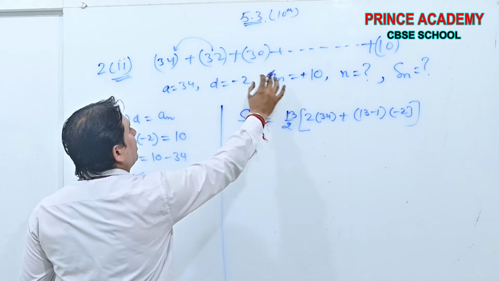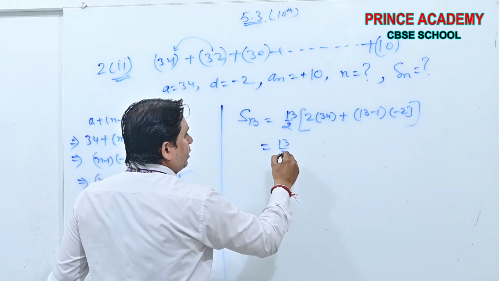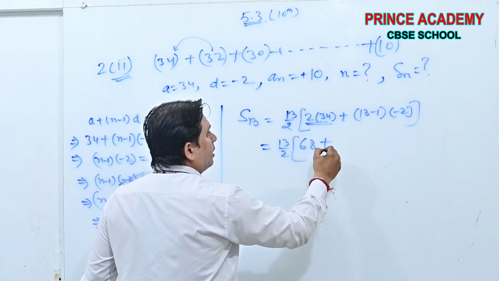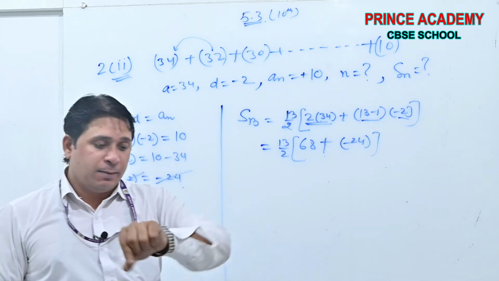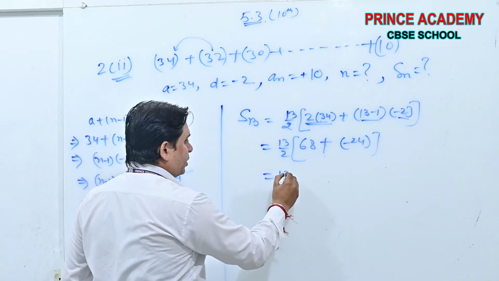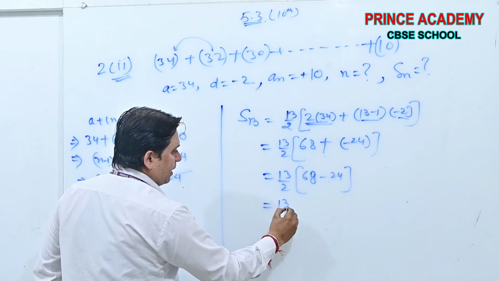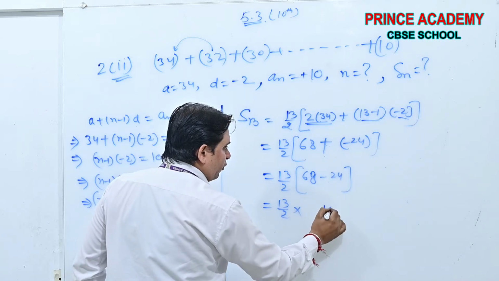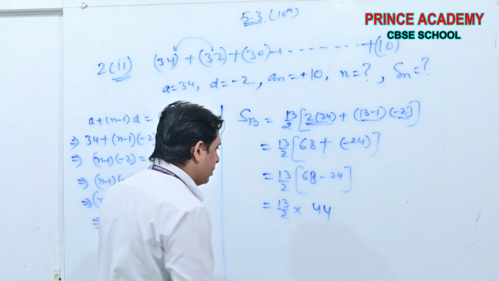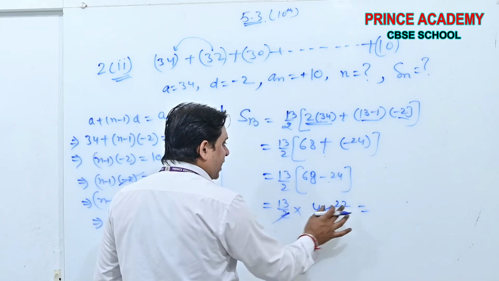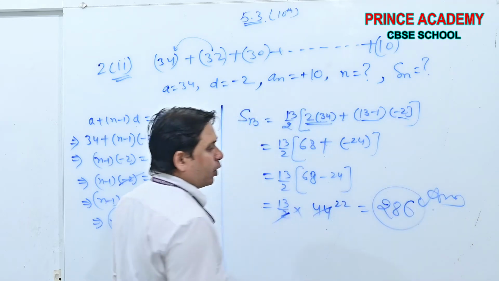See beta, all the values I took from here and put here. n is 13, we got it from here. n by 2, this is 68. 12 into this minus 24. I am doing this a little bit faster, beta, because I am in a hurry, but don't worry, we will complete this question. 64 minus 24 or 68 this is. 30 by 2 into 8 minus 4, 4, 6 minus 2 is 4. Yes or no? Are my calculations wrong or right? Don't worry, you will find them right. 13 2s are 26, then 26. This is the answer. Got my point beta?